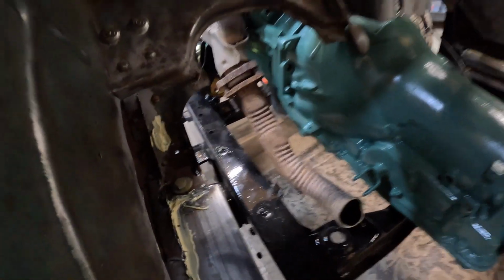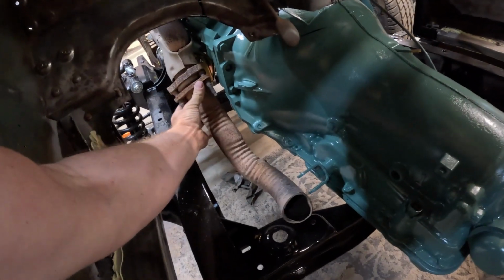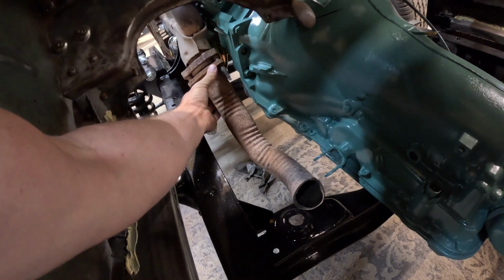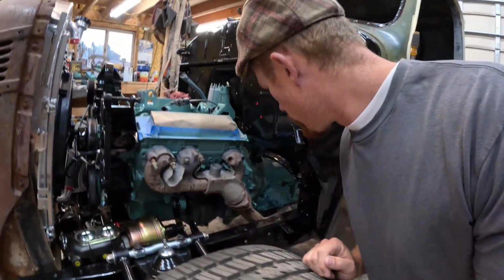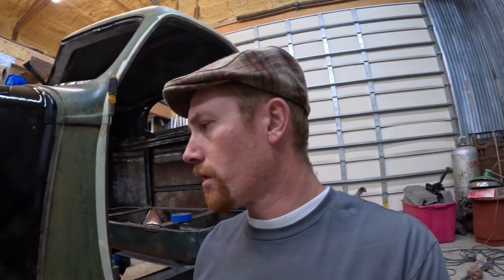Alright, so I took a piece of the old exhaust just to set it in there, to see how much room it's going to take up in that area. Then I went to grab the brake pedal to see where it needs to mount and where it's going to be situated. And I remembered